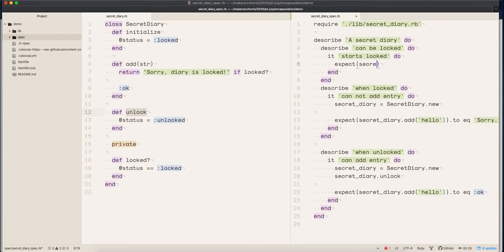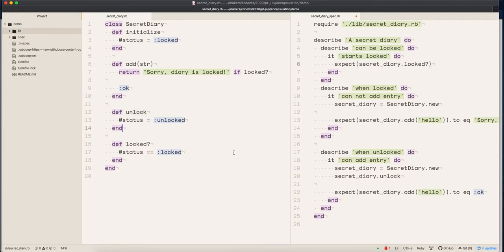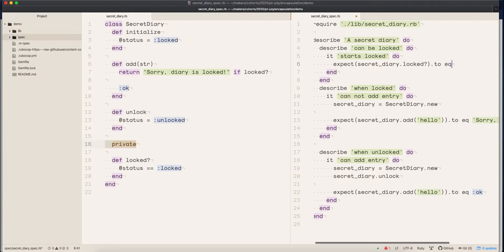Expect secret diary dot lock. I could just say here and not have it private like that. Okay, but before we do that, let's keep it private. So expect secret diary dot locked to equal true,